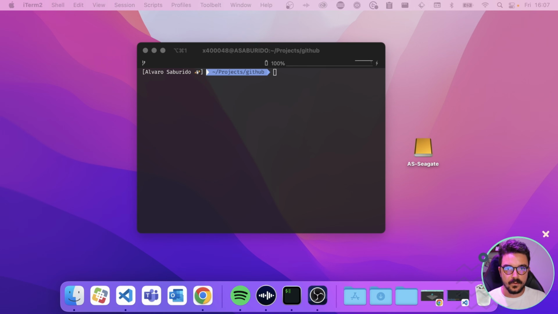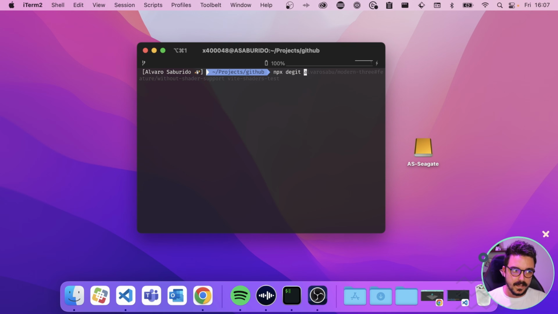To start real quick, we're gonna use the boilerplate that we created in the previous tutorial, which is called Modern 3GS. To do that, we go to our terminal and we just need to put npx degit, which is like a package that makes a fancy git clone, and then you can work with GitHub templates. In this case, the project that I have, Modern 3, is a GitHub template and you can download it and copy it.